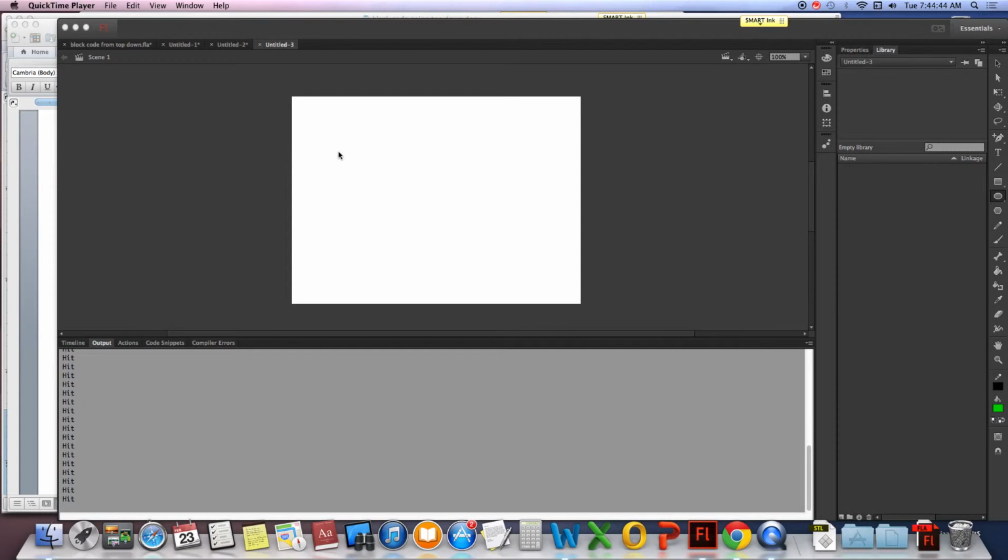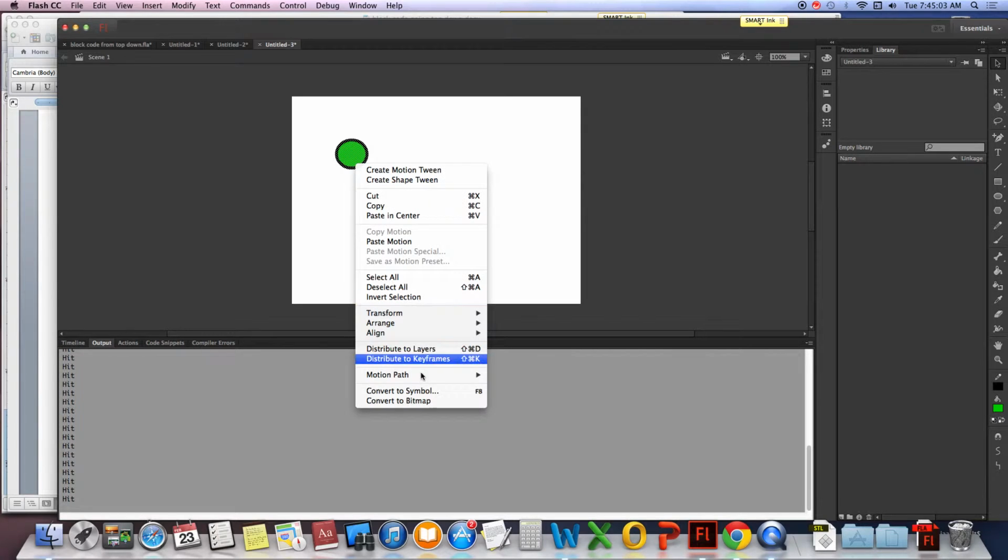So firstly, to start off, I'm going to select my oval tool and draw myself a little character. Make sure that my character can be movable. So to do that, I'm going to convert them into a symbol. Right click, convert to symbol,